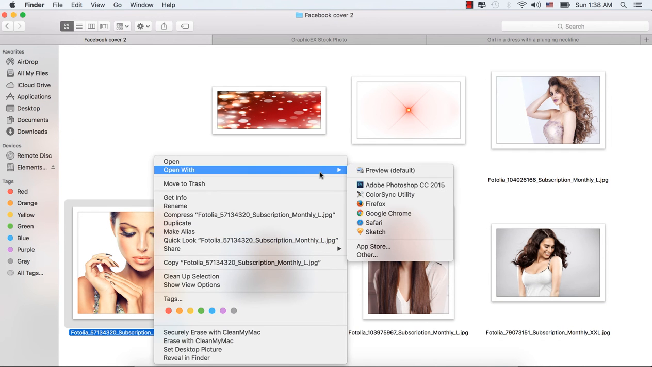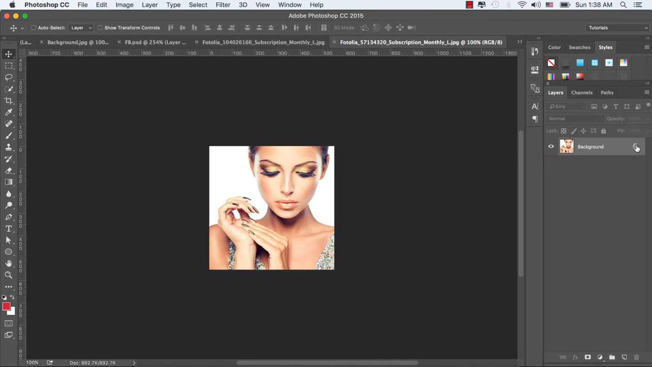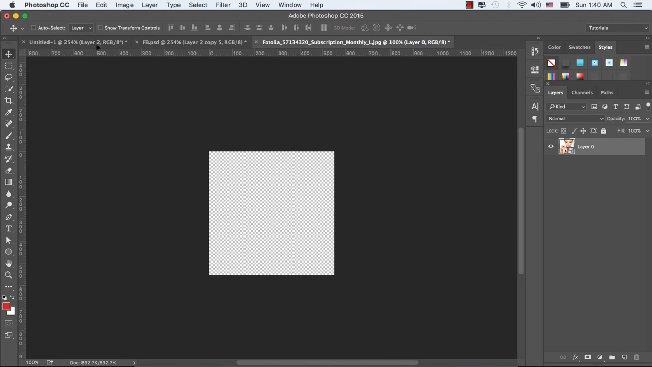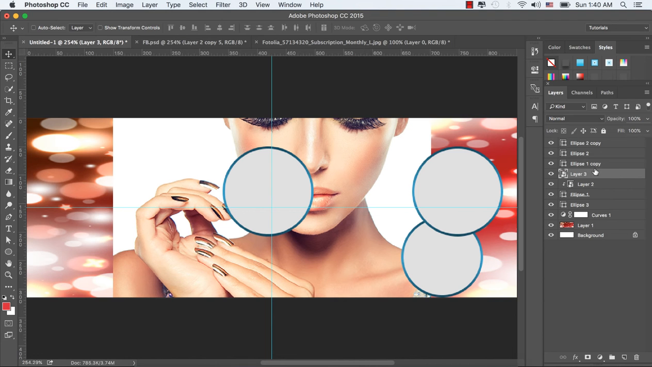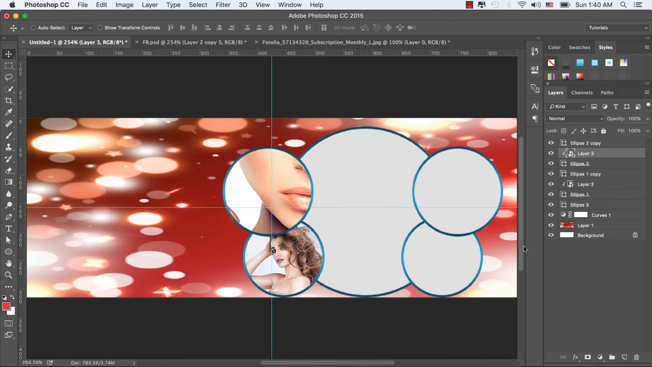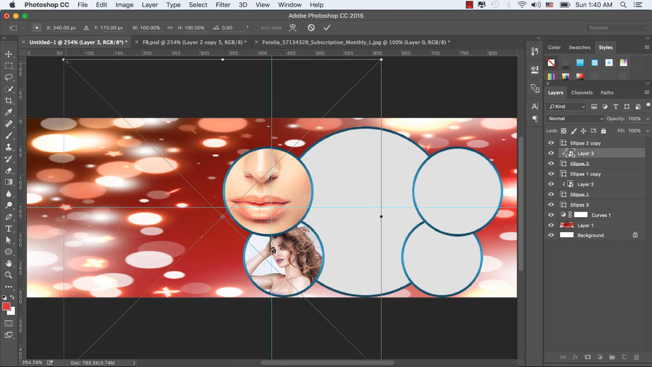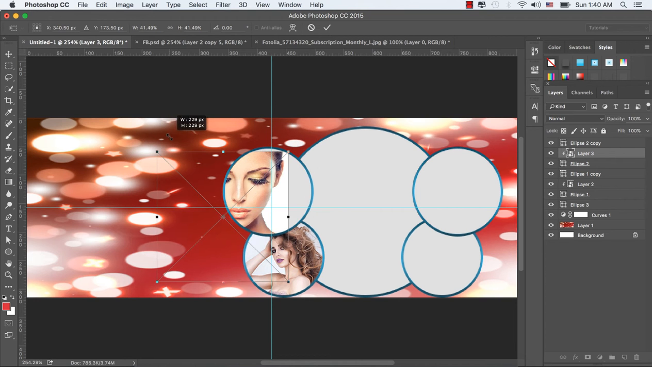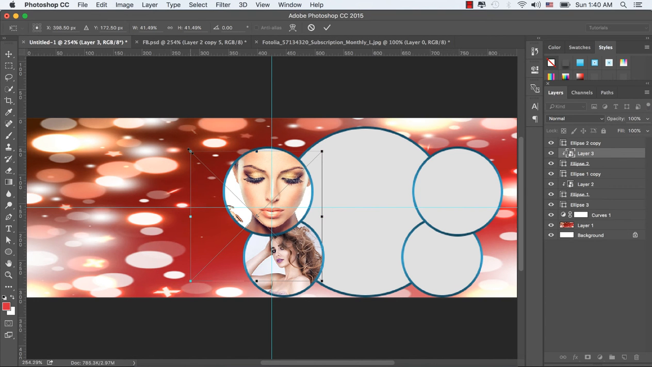Let's bring another image from the image folder, convert it to the smart object and drag and drop it to our working document, and put this layer on top of the ellipse 1 copy layer and right, ellipse 2, put it on top of the ellipse 2 and right mouse button click and put the create clipping mask. Let's press Ctrl plus T or Command plus T in order to transform this image, and transform this